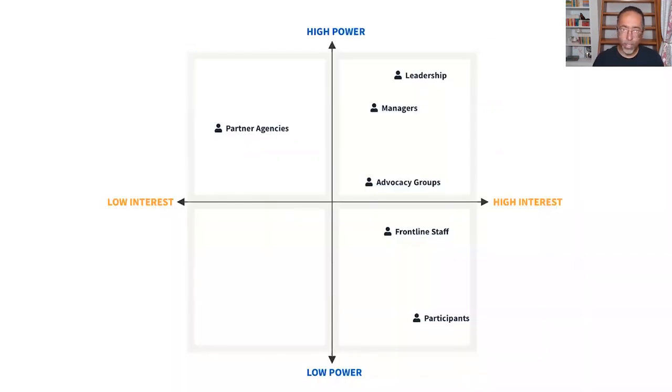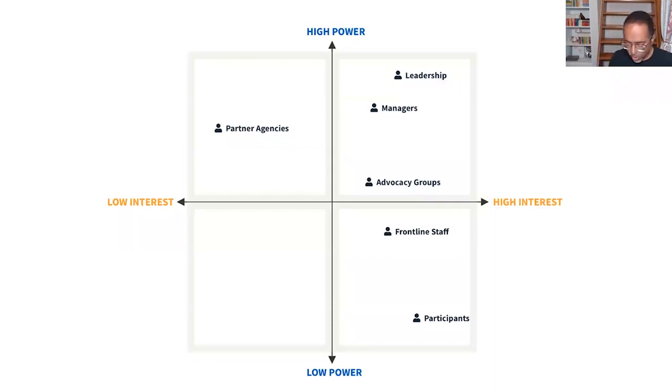Now, when we're trying to figure out who we should invite to the table, a really good thing to think about is power and participatory design. Participatory design is an approach to design that thinks carefully about how power plays out through the design process. One of the first things you do if you take this approach is something called a power map, which is what you're looking at right now.